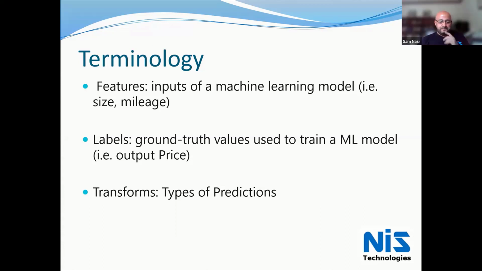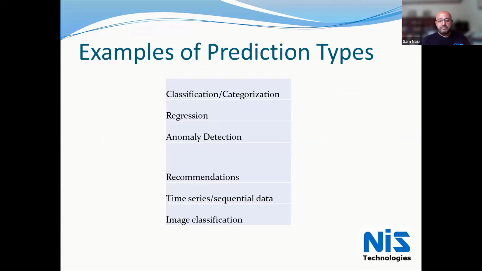So having said that, with machinelearning.net, we can develop a variety of different types of predictions. We can use classification, meaning define whether something is good or bad. We can do linear regression as we did with the home prices. We can also utilize it for anomaly detection to see if something is out of the norm, i.e. credit card spending. If I buy $200 of gas every month, and all of a sudden I'm buying $800 worth of gas, obviously that's an anomaly, something spiked there.